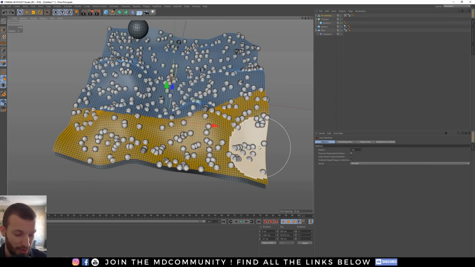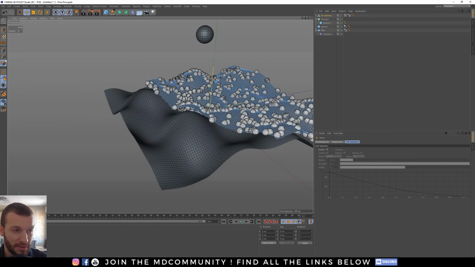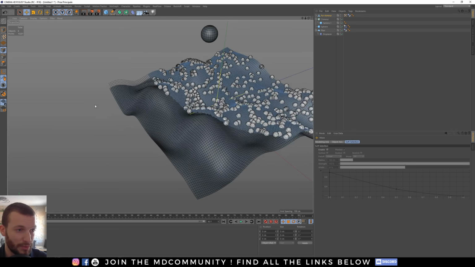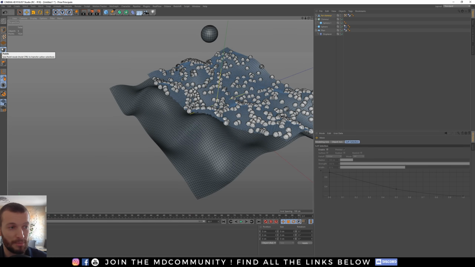Okay. You can hit Shift to complete your selection and hit Control to deselect some polygons. Nice, and now I will hit Delete. When you delete some polygons, points still remain. So to delete all points, you have to right-click on an empty space and hit Optimize. You don't have to be in the points mode. You can do it in polygon mode or edges mode.